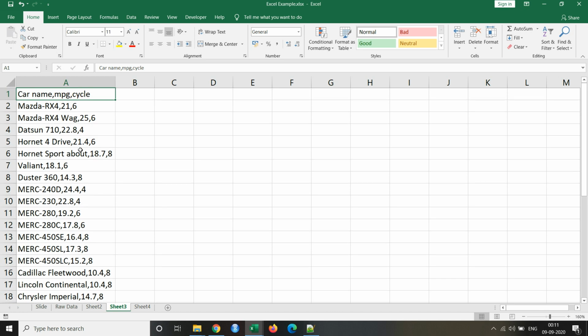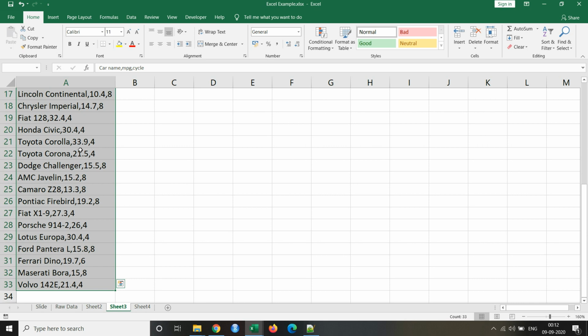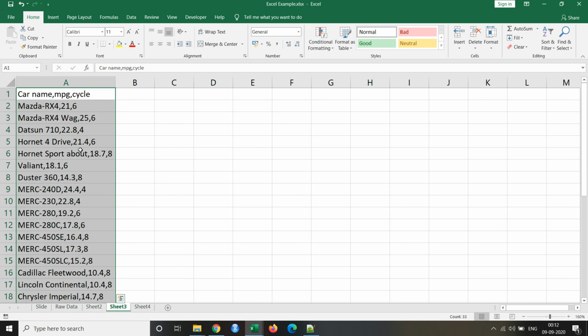Now whenever you have a file in CSV and you open it in a text file, the data points will be segregated by commas, and when you import it into Excel, it will get imported into a single column. And now you need to segregate this entire column into different columns, right?